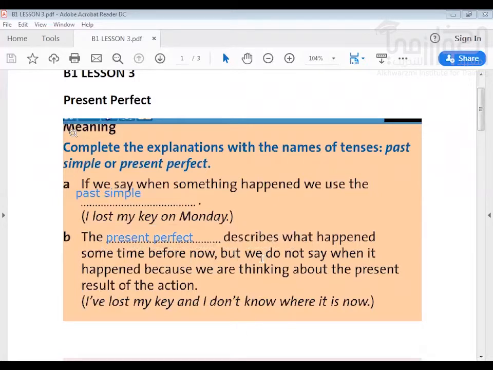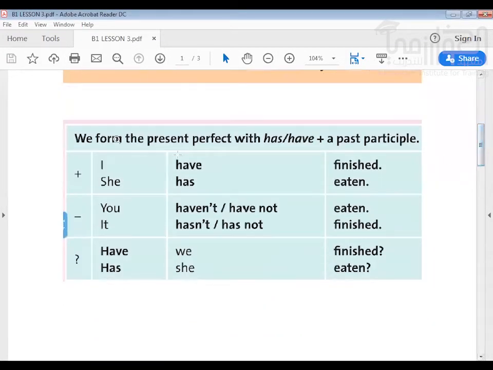Good. So these are the answers. We have the past simple when we have the time, when the thing happened. And then the present perfect, we don't have the time, and we also talk about the effect now. This is one way that we use the present perfect, when we speak about the ta'thir of something that happened in the past. Okay, now we can move to another activity. Now let's look at the form of the present perfect.